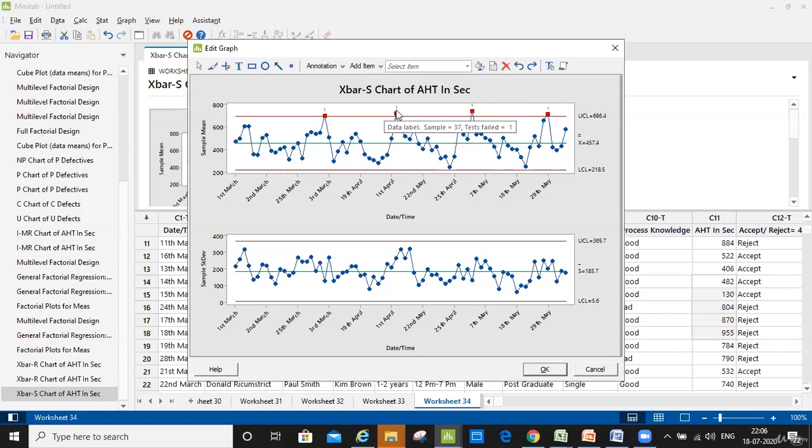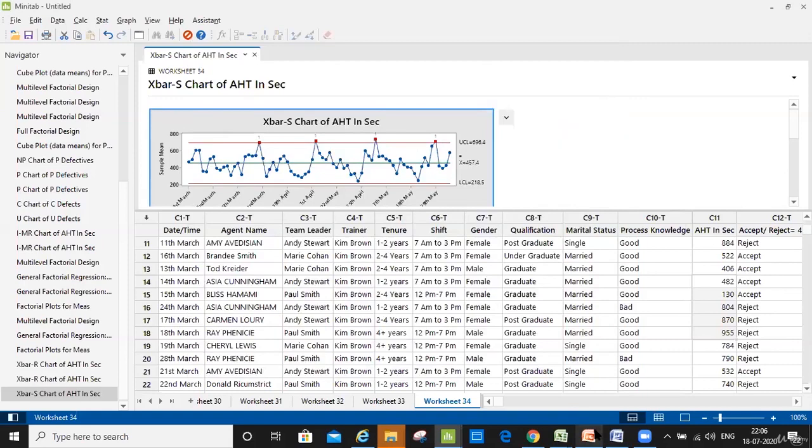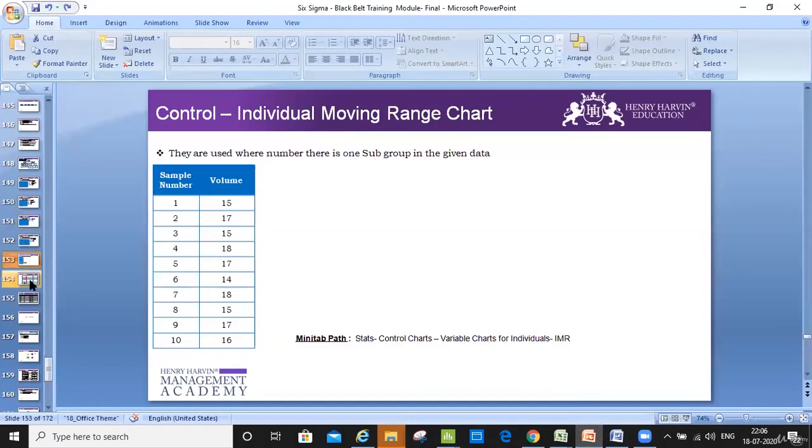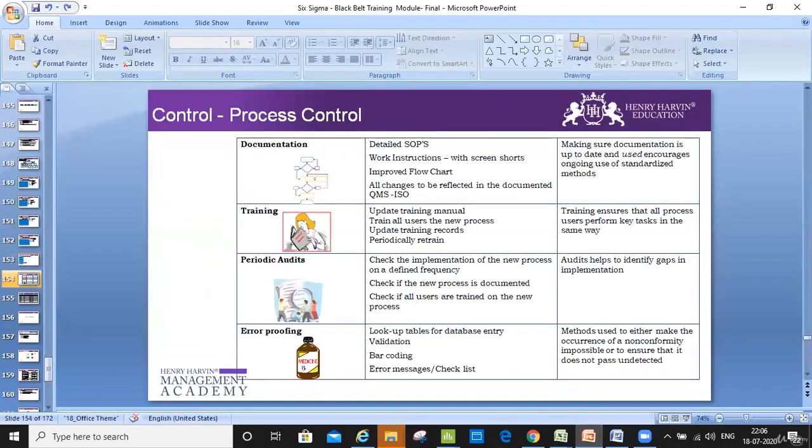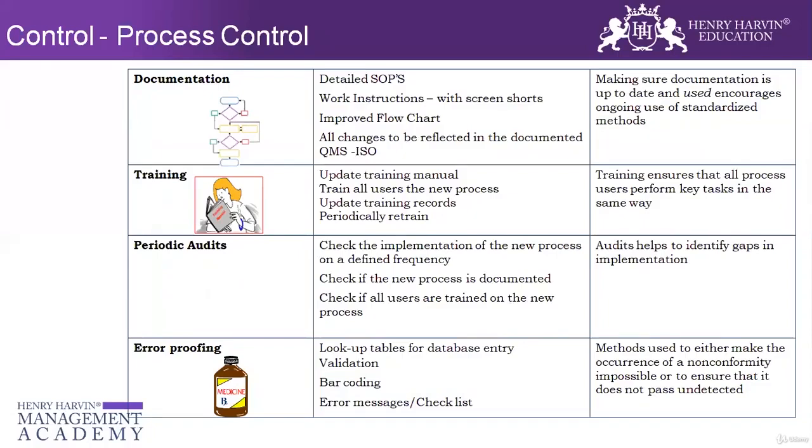So we have concluded on the control charts in the control phase. So I will go ahead with the remaining part. Once the control chart shows me a good interpretation that the process is within control or outside control, and I'm able to fix that, then there is a process control which we need to look at, wherein since we are transitioning from project to process, we also need to ensure that whatever changes have been made during the project,